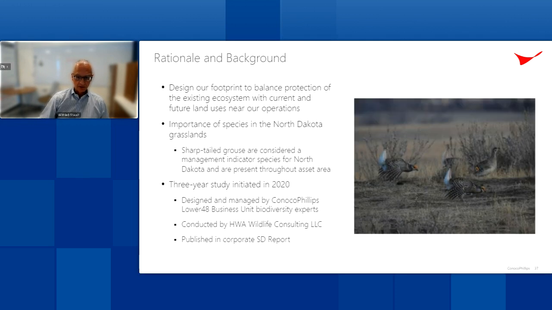Okay, so now to the bird. It's all about sharp-tailed grouse. Sharp-tailed grouse are found in a variety of habitats in North Dakota. It includes grassland and mixed shrub ecosystems, across their entire range. They are one of the three dancing grouse species, meaning that in the spring they gather at open display grounds called leks and sing and dance and mate.